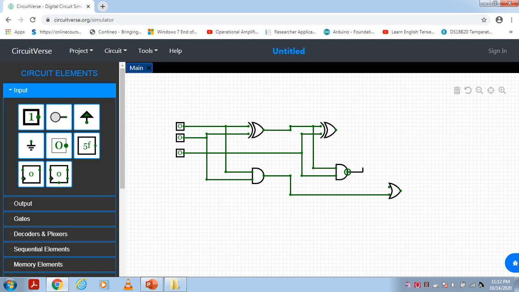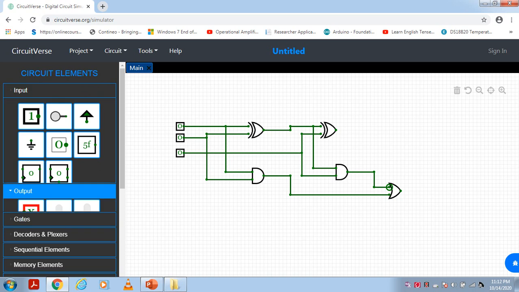Next, this second carry output is connected to one of the inputs of the OR gate. Now this second XOR gate output is sum, and here the OR gate output is carry.